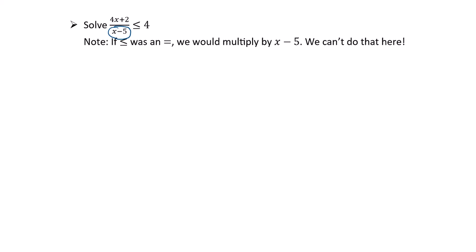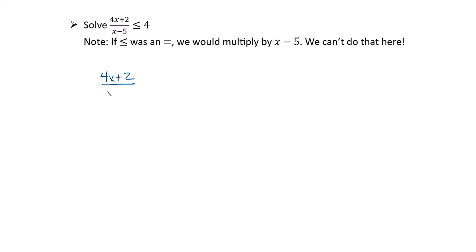If x minus 5 is some negative number and I multiply both sides of this inequality by x minus 5, I would need to flip the inequality. If it's positive, it would stay as a less than or equal to. But I simply don't know at this point. So we cannot clear the fractions. So what we'll need to do